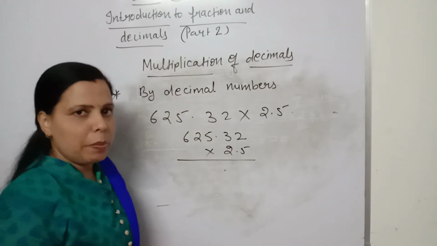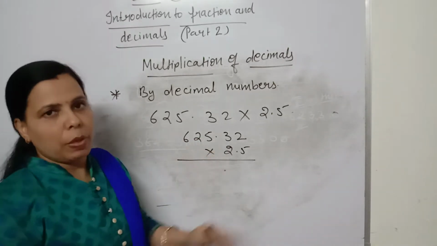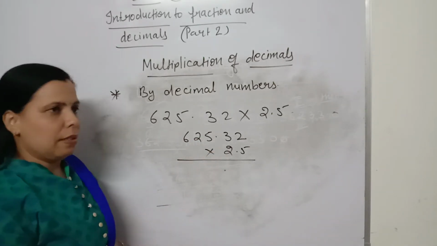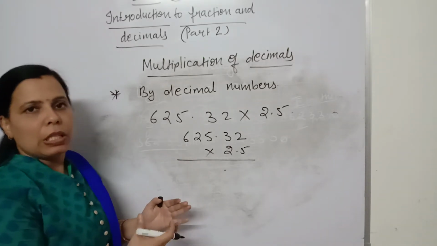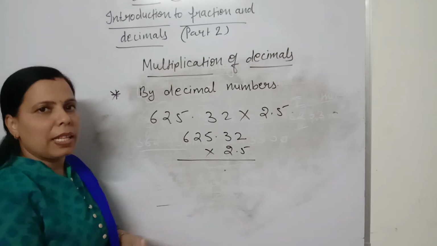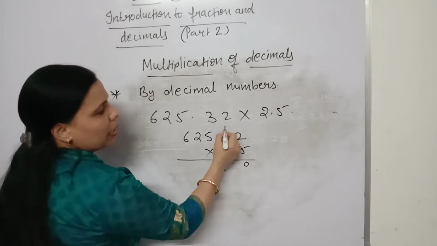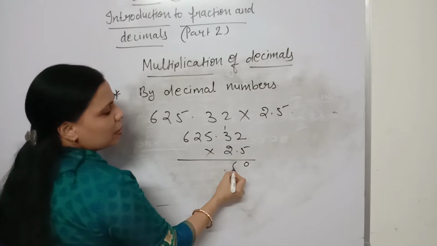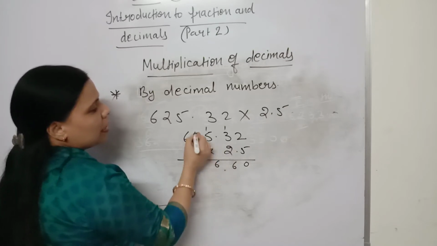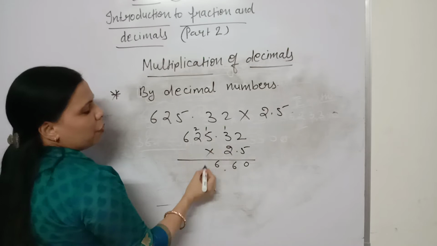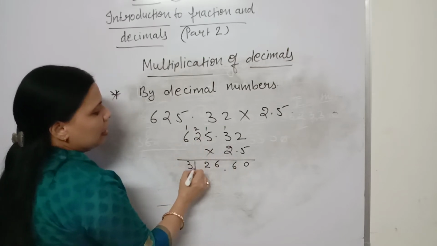It's like simple multiplication. So while multiplying, you have to avoid decimal for some time, and when you get the answer you have to put decimal in that case. But right now you will not look into decimal portion, you just simply multiply the numbers. So multiply one by one. 5 2s are 10, 1 here, 5 3s are 15 and 1 is 16, 1 here, 5 5s are 25 and 1 is 26, 6 here, 2 here, 5 2s are 10 and 2 is 12, 1 here, 5 6s are 30, 30 and 1 is 31.